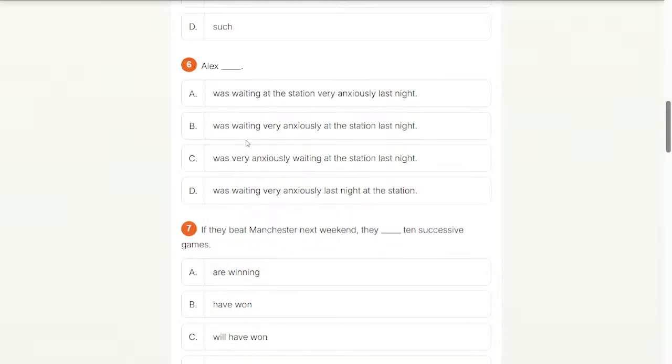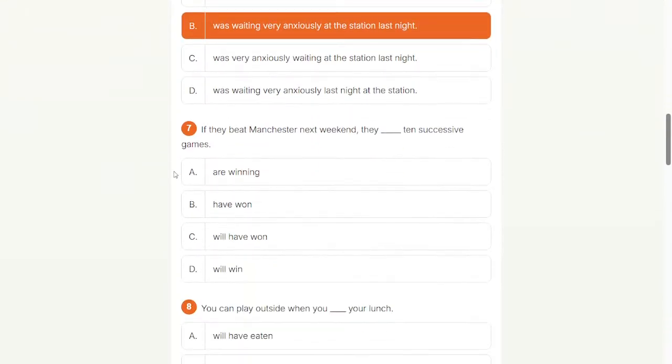He was waiting, and how he was waiting: very anxiously, where: at the station, when: last night. He was waiting very anxiously at the station last night.